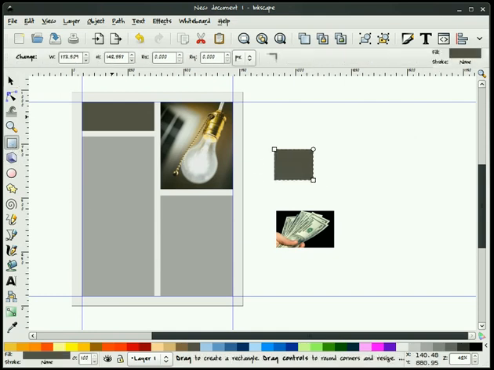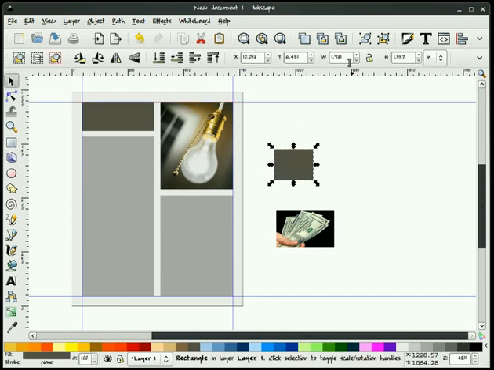And I'm going to make a square, rectangle actually. We're going to make it 2.875 by 1.9. So that's the same size as our picture. Okay, now what I'm going to do, we're going to make this a little bit bigger now. And I think probably the best way to do that is to,